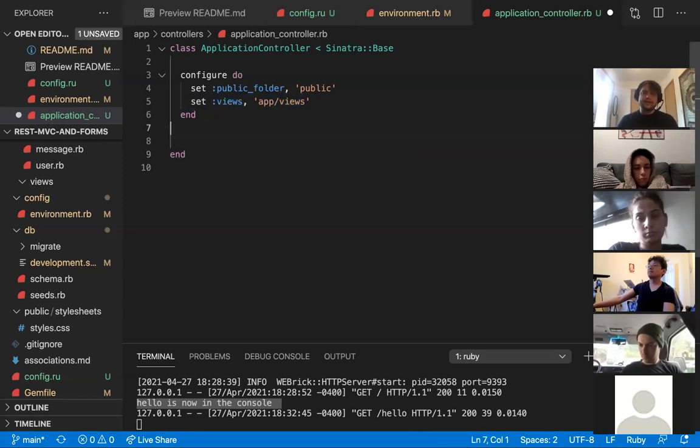So we're going to get rid of this. And now we get to, okay, cool. We have this application controller. Now with an MVC pattern, how do we have multiple controllers? The way that this works, and the reason this application controller is so important,